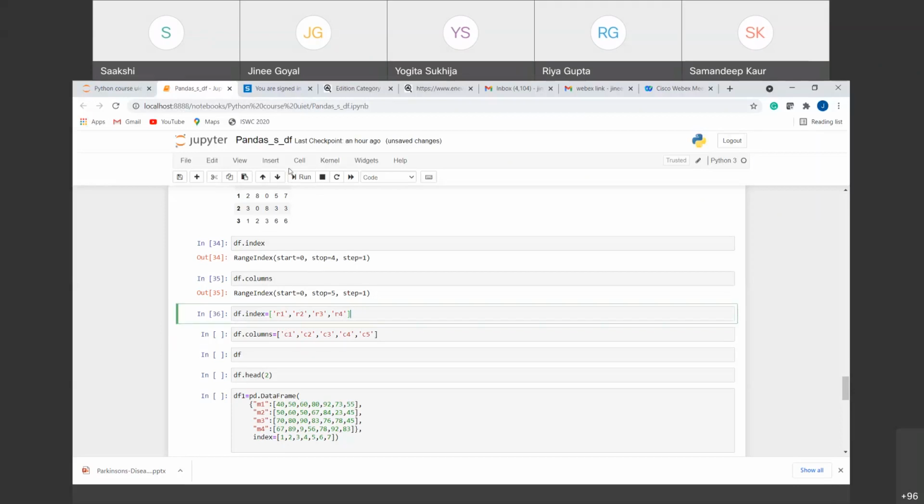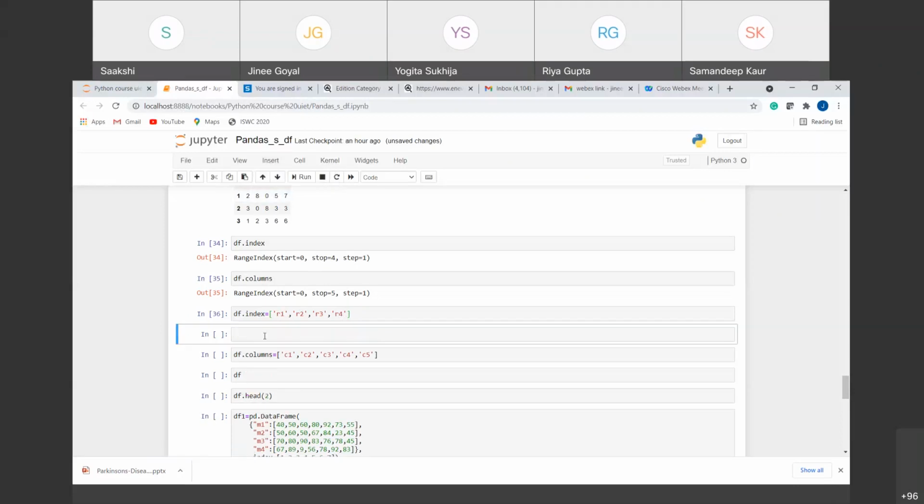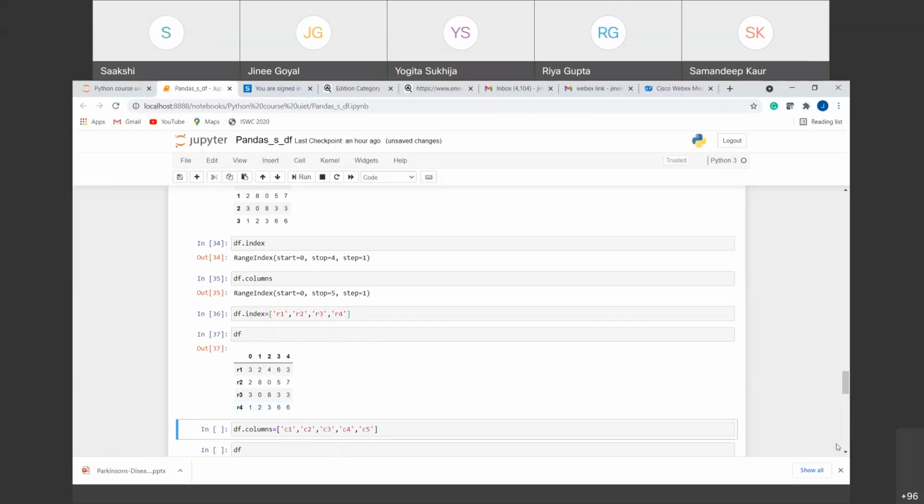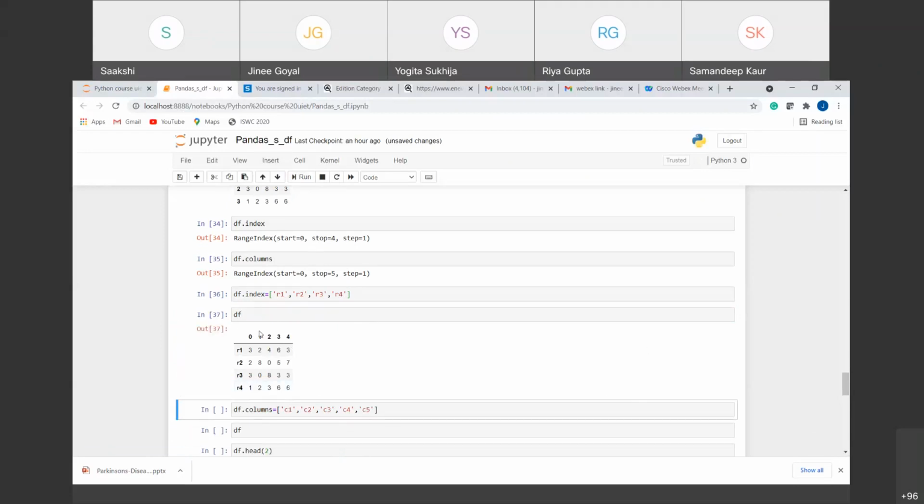Let me show you the data frame now, how it looks. If I run this, you can see that the index values have changed and the column values are still the same. In a similar fashion, we can also change the values of the columns. Let's say we call our columns column 1, 2, 3, 4 and 5. Like the way we give it to the index, we can give it to the columns also: df.columns, and inside this we give the names that we want. So if I run this,